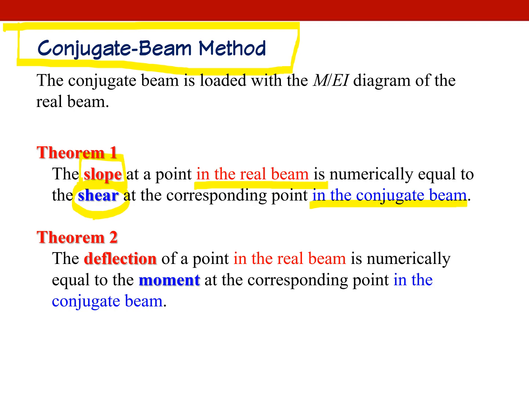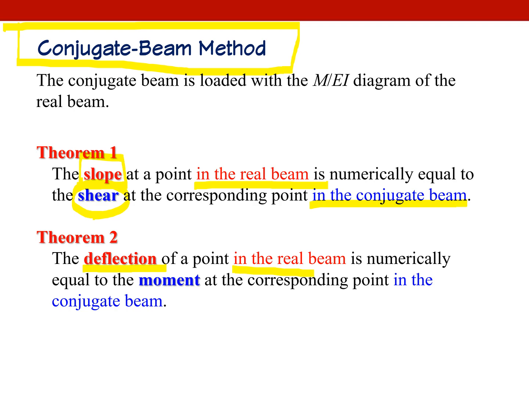So instead of calculating slope in the real beam, we are going to calculate the shear force in the conjugate beam. Because I assume that by now you are very good at shear force diagrams and bending moment diagrams. So instead of slope calculation or deflection angle calculation, why don't we calculate the shear force of the conjugate beam? And second,